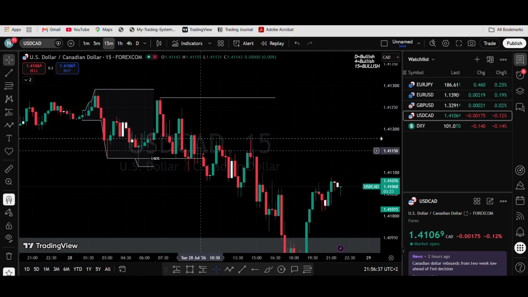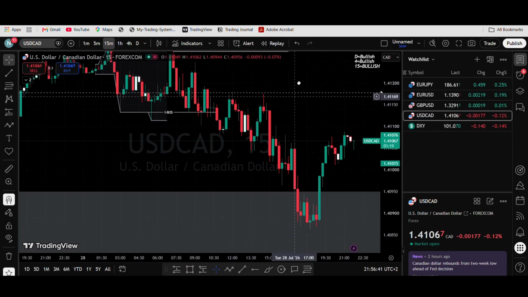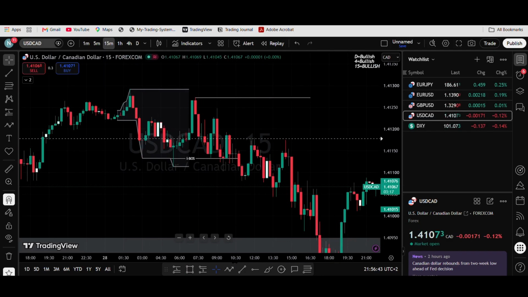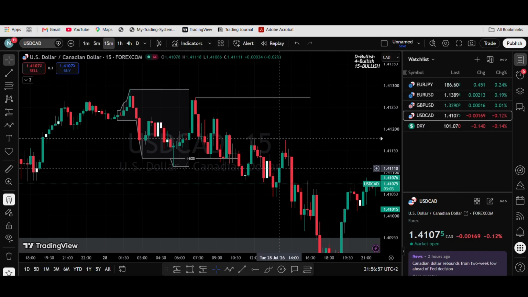This would have been the POI, but then I was like, are you going to include all of this, you know? So no great pivot POI in here, so I just didn't look to sell in there. And then comes the London low at 12, and then I left the house at